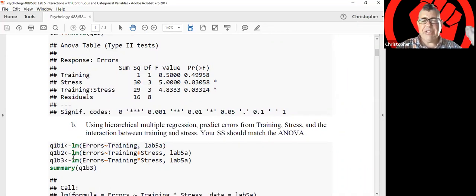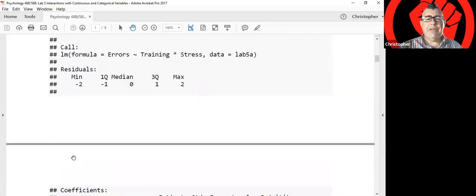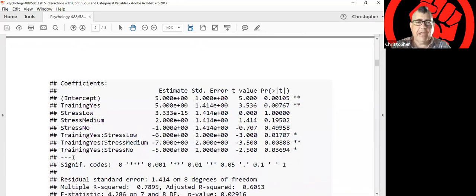We'll just take a look at the final model, as that's the one that's got the real action in it. So in the final model, one thing that we see is for every variable that is categorical, it's now broken into new variables that reflect the number of categories minus 1. So training is now coded into a variable called training yes. This just means that people with yes are being compared to people who said no. Stress low, stress medium, stress no, a little bit challenging to figure out what those mean. Those are all being individually compared to the group that was left out, which was high stress, which is coded